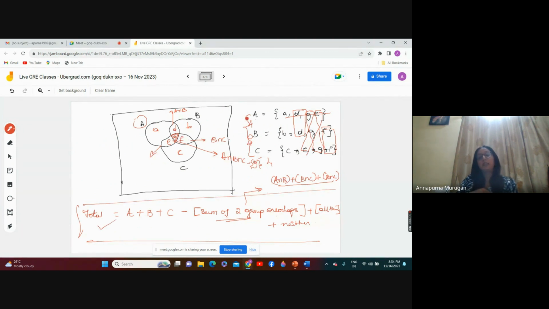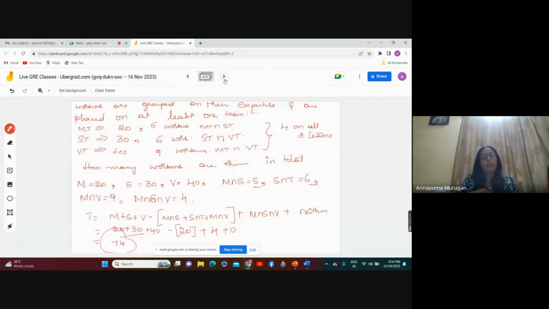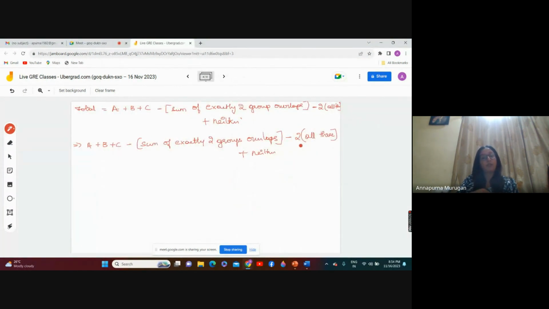But in case there is only overlapping between A and B, then in that case, we are going to use this formula. Based upon this formula, let's see how the question comes in and calculate. But you guys need to remember this formula. If you don't remember these two formulas, I don't think you'll be able to do the problem properly, accurately, and also very easily.